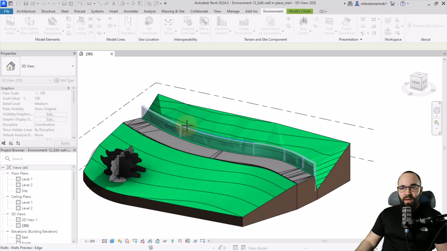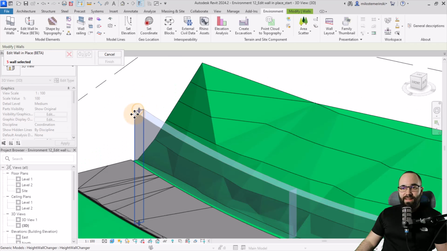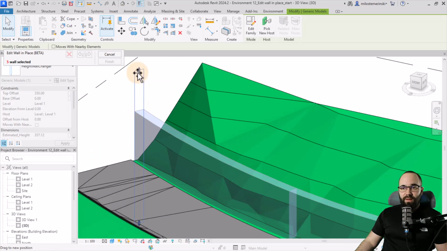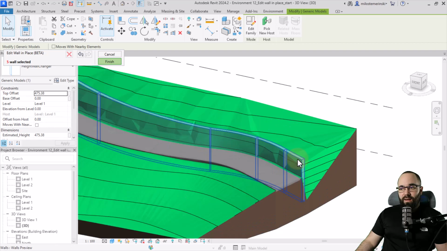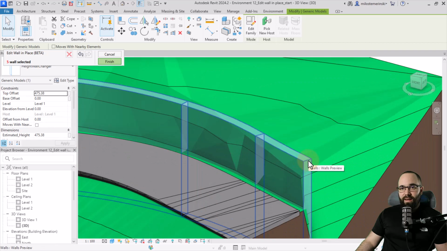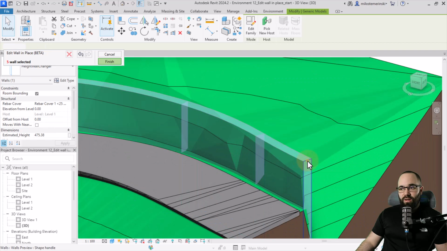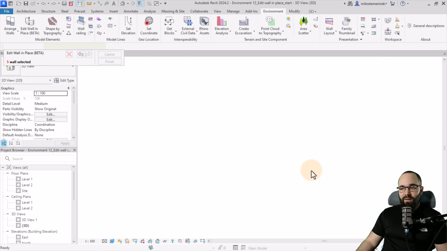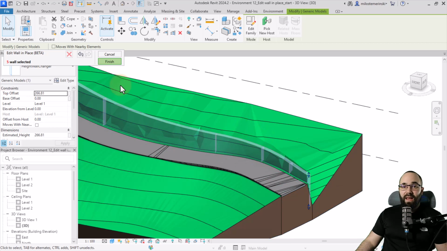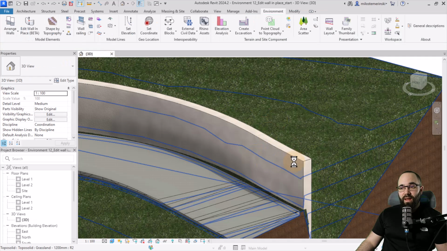and also for aesthetic purposes it makes sense to have it nice and smooth. So I would simply select this point here, lift it up like that, and then go to the other side, select this edge here, click there, and pull this down a little bit, just like that. And here, as you can see, we can finish, we can go back, we can cancel, but of course I'm just going to hit finish, and it's going to do a little bit of calculating,